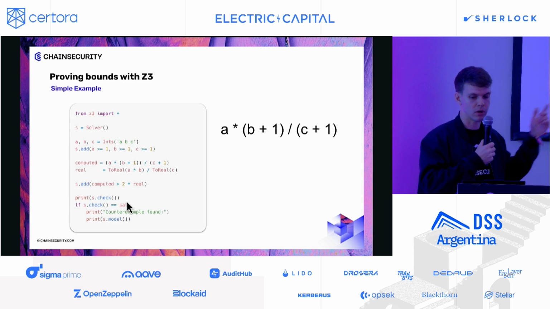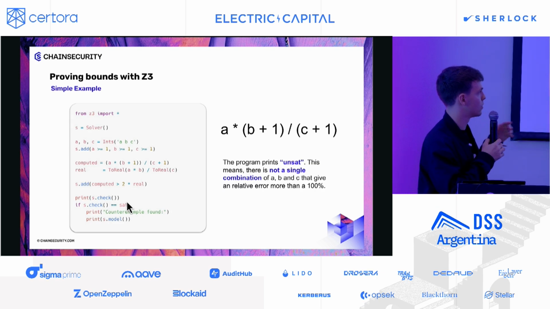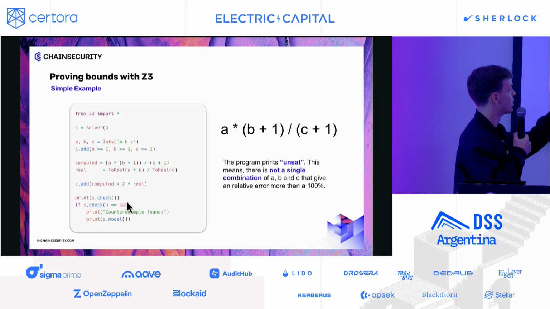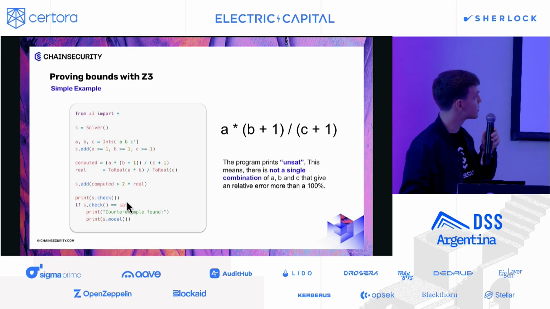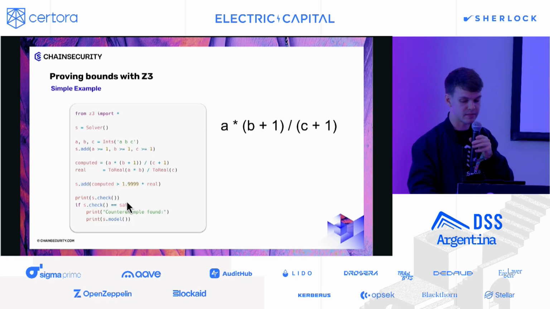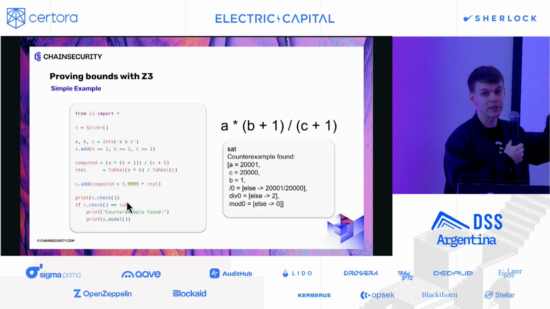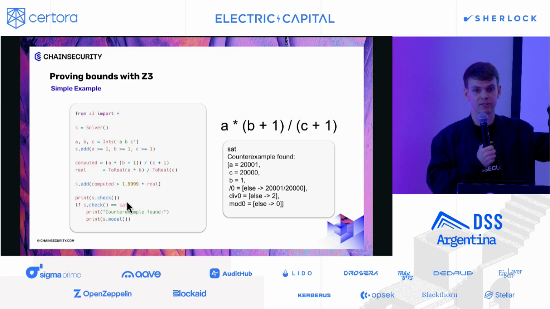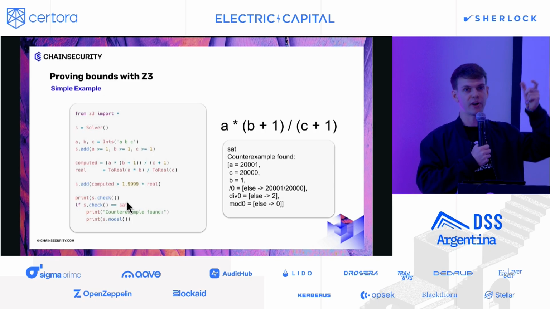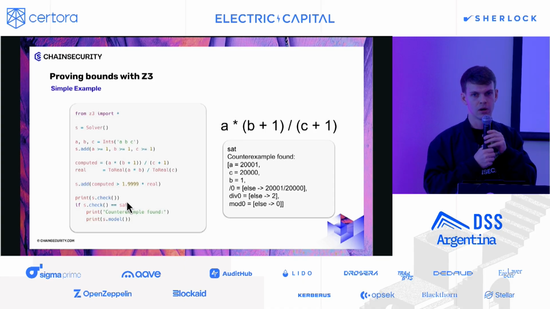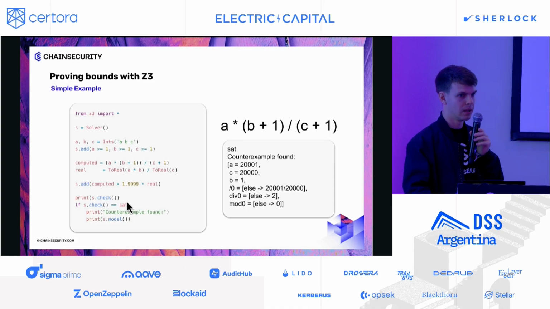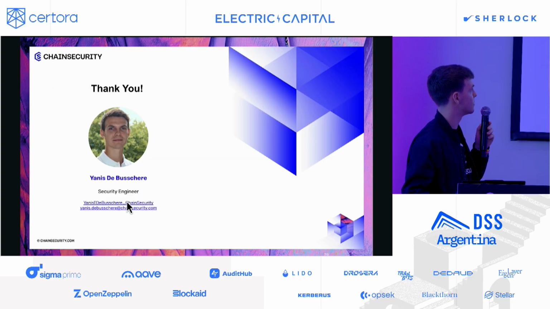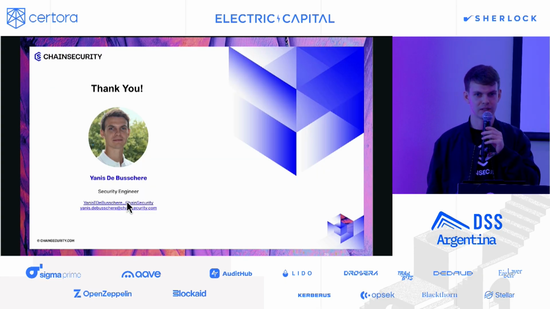This is going to show, again, unsat. We cannot find A, B, and C such that we are twice as high as what we should be. But we can find A, B, and C such that we are 1.99999 times the real value. So we can be nearly twice. So twice is like the bound, how far we can be off in terms of rounding errors. Yes, and this is actually all I wanted to say today.